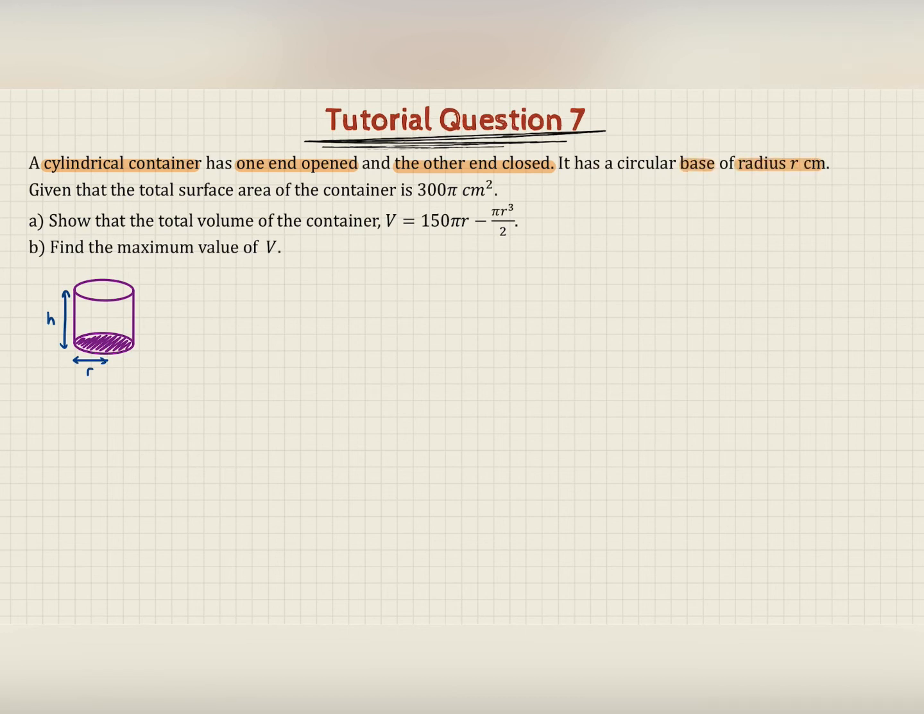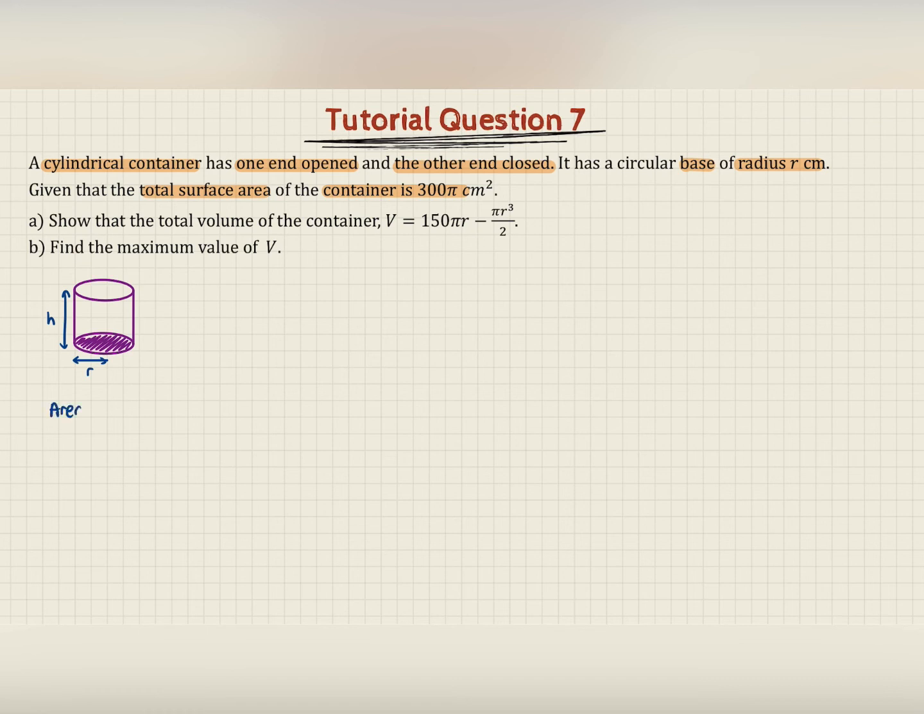So base dia, radius dia r. Okay, so kat sini saya dah label, ni base dia, the radius is r, and then given that the total surface area of the container is 300 pi centimeter square. Okay, tengok kat sini kena hati-hati, total surface area of the container. Container kita hanya ada satu je tutup. Okay, so maksudnya kalau ikutkan formula asal untuk area,